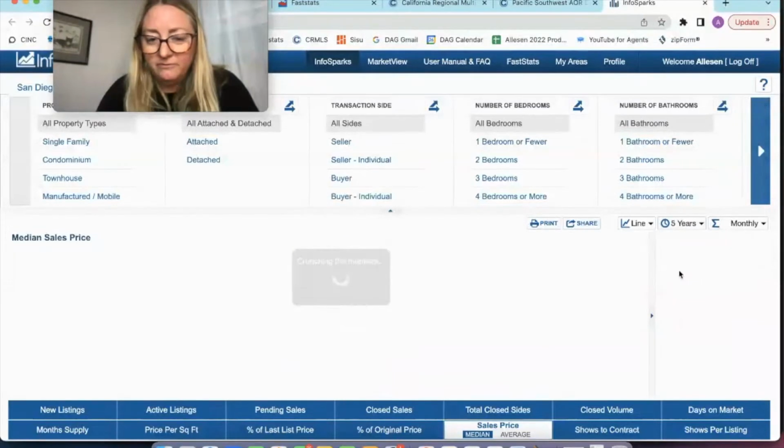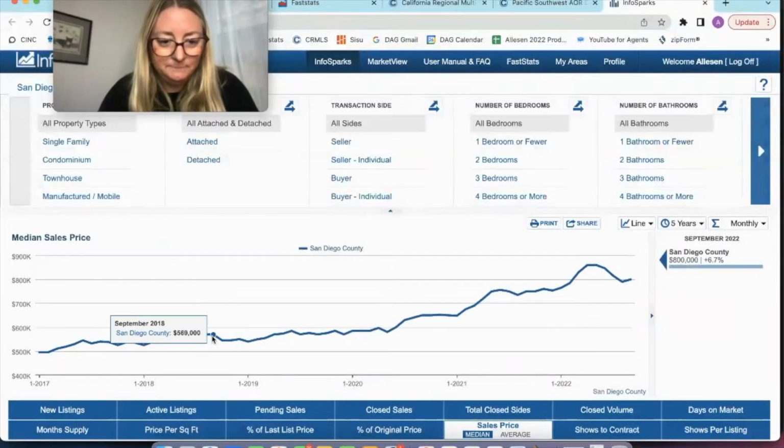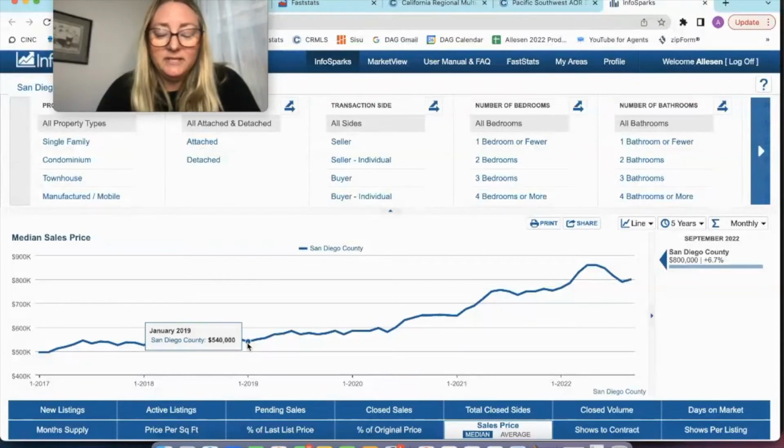In fact, let me go to 5 years, because in 2018, there was actually a pretty significant drop between the high that year, which was here at 570, and then it went down to 540 by the end of the year. And this is just kind of what happens at the end of the year, is we always see prices go down. So this year it started a little earlier because of interest rates, but some of it's normal, some of it was going to happen regardless, and some of it was exacerbated by the